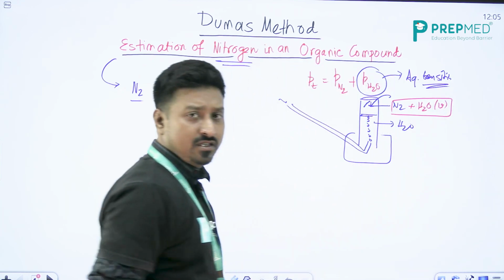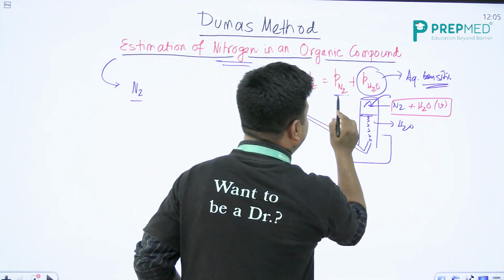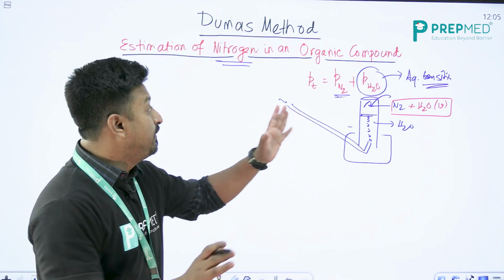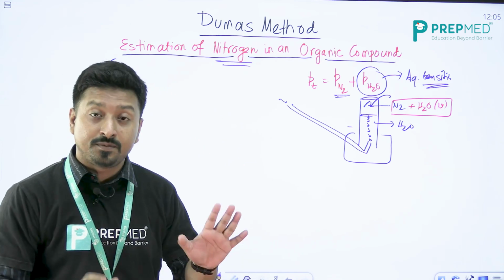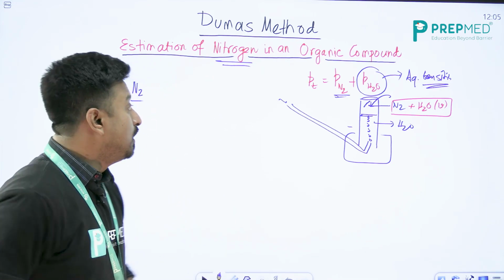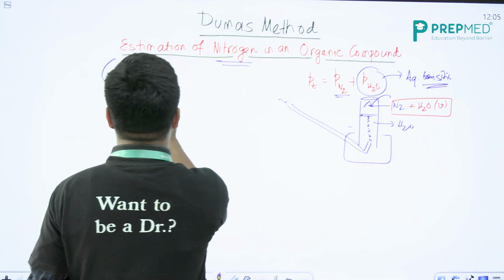Aqueous tension. So in order to get the exact pressure of the nitrogen, we have to subtract the aqueous tension from the total pressure. This is a basic principle. Now once we get this pressure of the nitrogen,